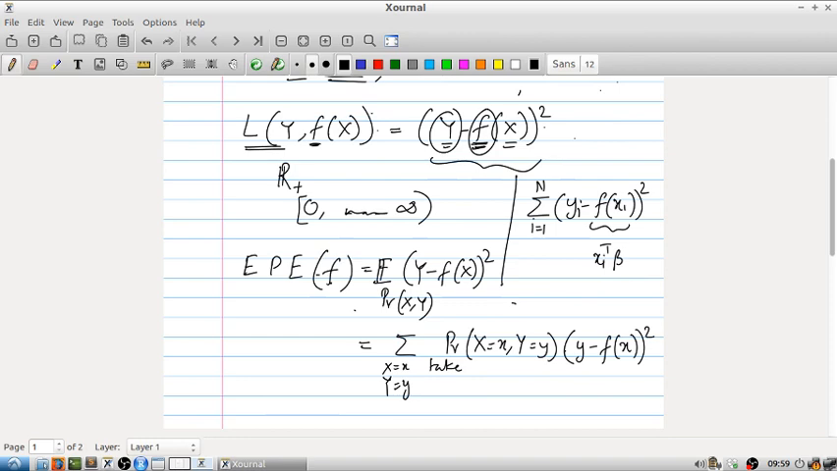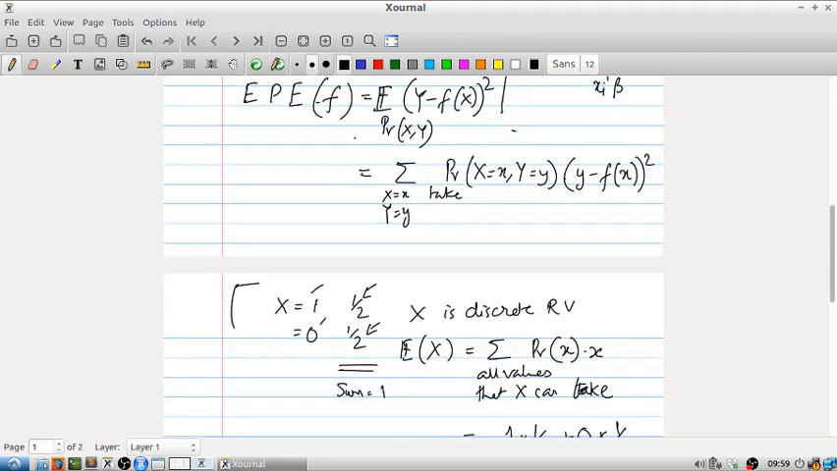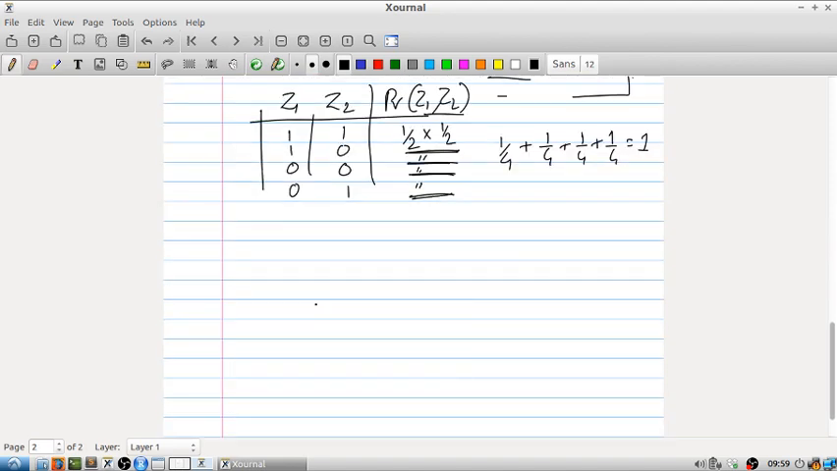If I change the f to, let's say, some f2, then I'll get a different EPE number. EPE is essentially just giving a real number, so it's going to give different numbers for different fs. Now I'm going to try to figure out what is the best f, best in terms of the lowest EPE value that you can get. And the way we're going to think about it is